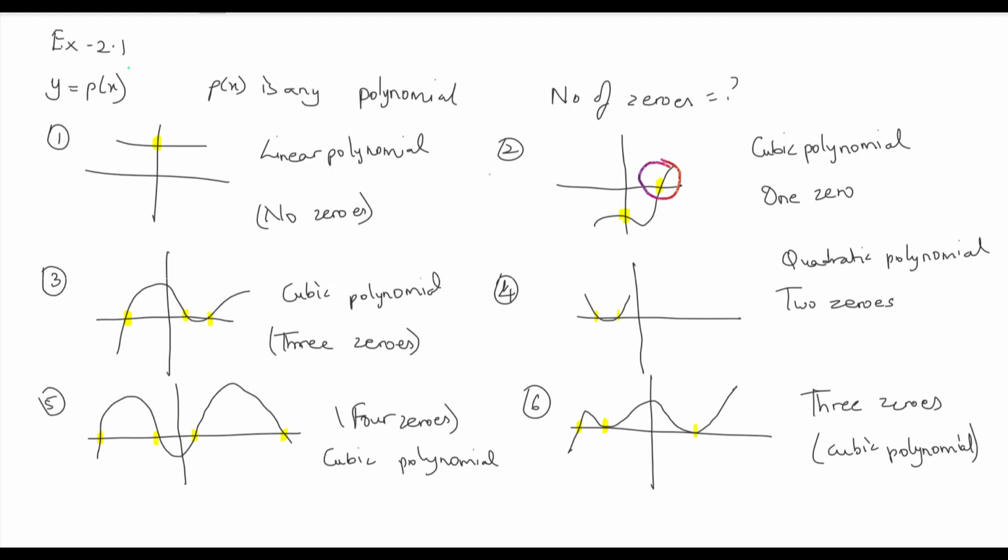So in this first exercise, all you have to see is whether the graph is cutting the x-axis at any point or not. In the first sum, it wasn't, and in the second, it was cutting at 1 point, so 1 zero. In the third question, it was cutting at 3 points, so 3 zeros. In the fourth question, it is cutting or touching at 2 points, so it has 2 zeros. Then the fifth question, it is 1 2 3 4, therefore 4 zeros. So that's how we have to solve this first exercise.